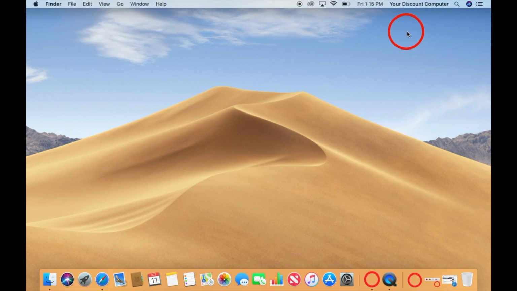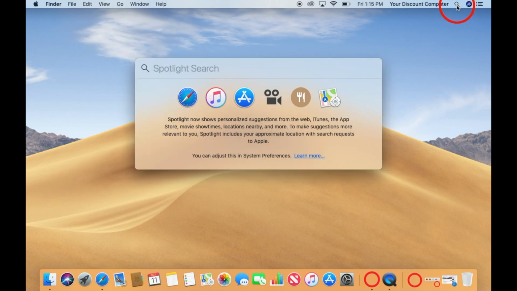And the next thing I want to talk about is at the very top right where it looks like a magnifying glass. You guys see that right here? This is called Spotlight, and this is where you could search for pretty much anything on your computer. You could search for files, you can search for folders, anything, even